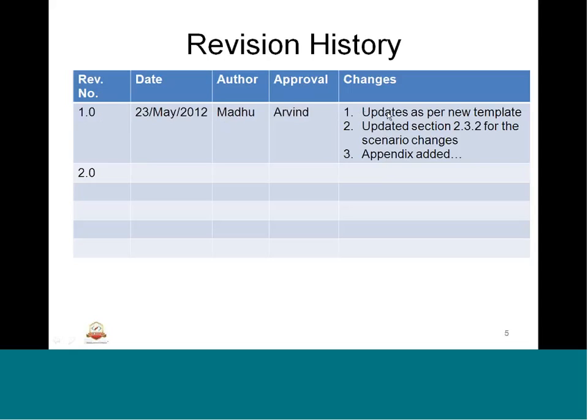Like we have updates as per the new template. There is some new template that is moved, so that is going to have another revision because that revision will be mentioned as a new one. Likewise, we are going to have a revision history,